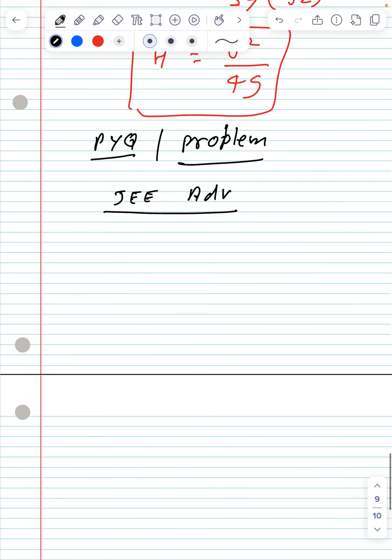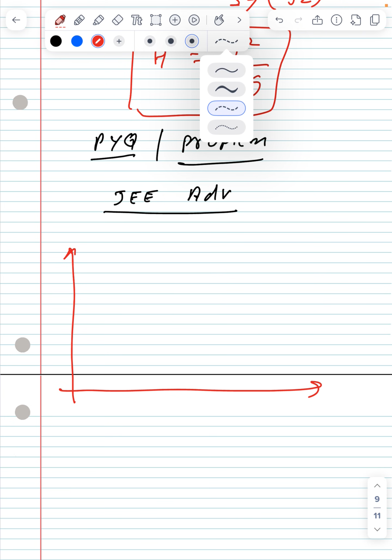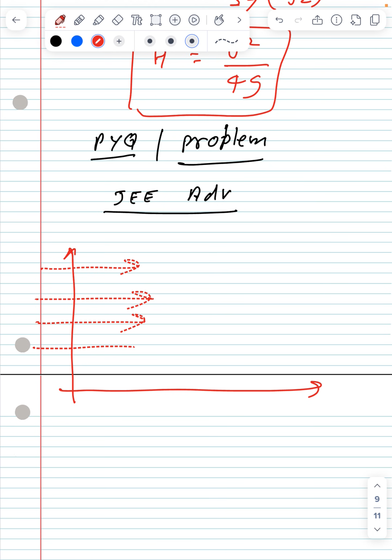And the next question is about the JEE Advanced exam, a PYQ problem. Suppose that this is the x axis and y axis, and along this direction